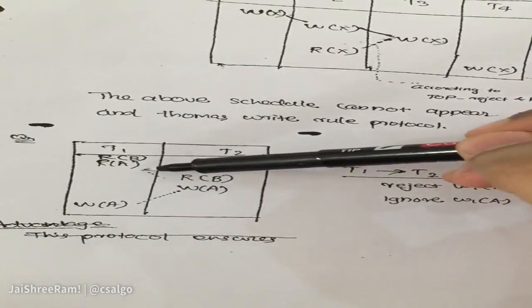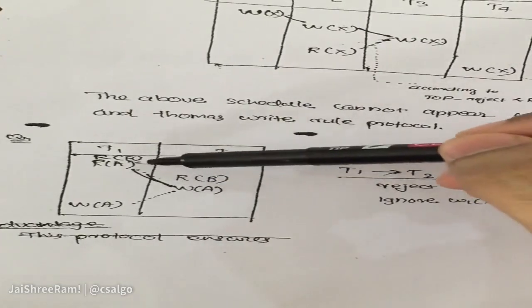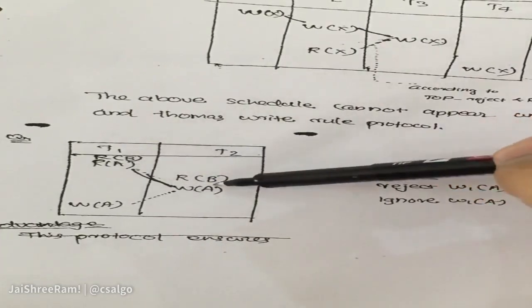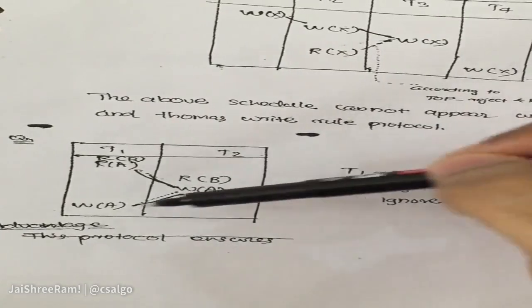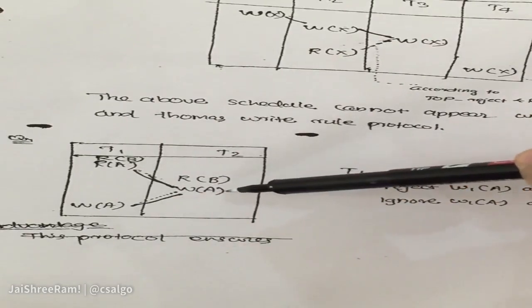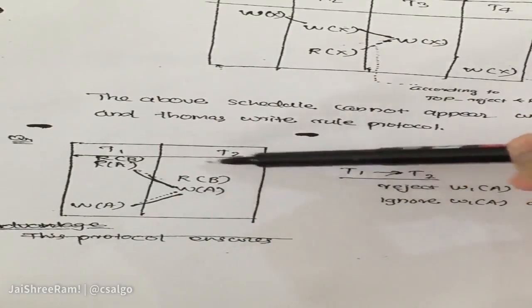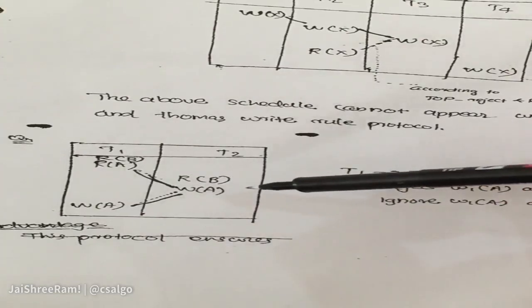So see this. There is a conflict here between these two operations, and in this conflict, T1's action has occurred first and then T2. Therefore, it is fine. And again, there is a conflict between these two. In this conflict, T2 is occurring first, which we should not allow according to timestamp ordering. Therefore, this schedule is not possible according to timestamp ordering,